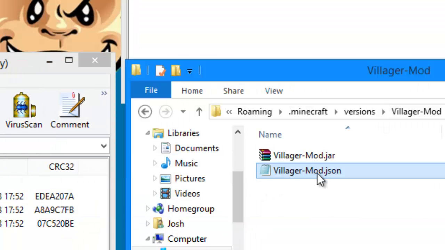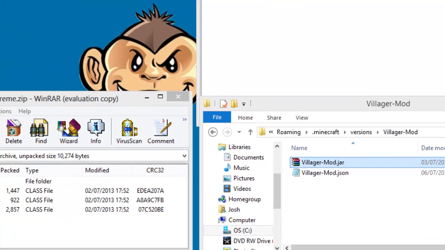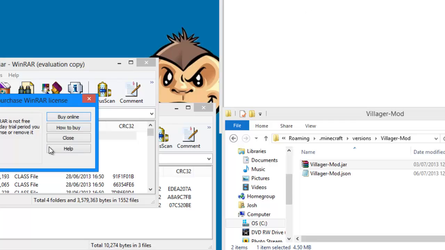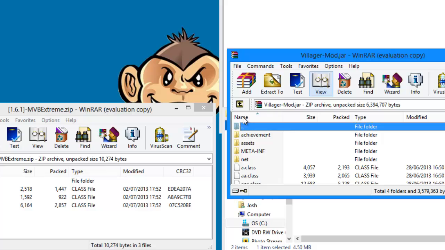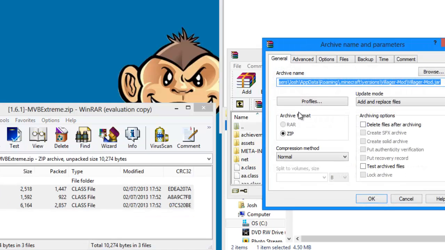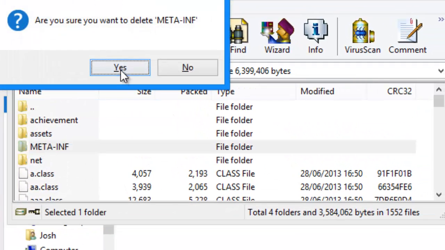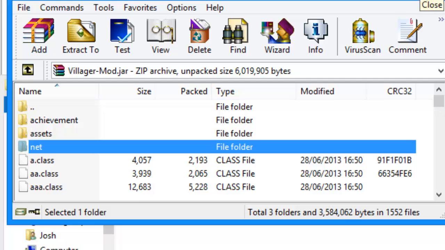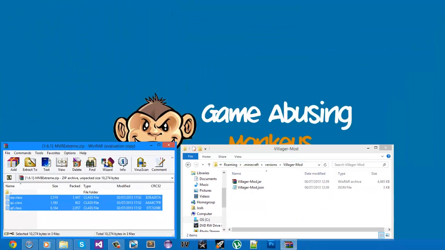Now the final thing that we need to do is actually install our mod. So just go ahead and open up the .jar within that folder that you just created, and then you're going to want to just install your mod like the old versions of Minecraft. So just go ahead and select everything, like class files and everything. Just drag it into your .jar within the folder that you created. Go ahead and copy that across, and then delete the meta-inf folder, and that's it. So the final thing that we need to do is go ahead and restart your Minecraft launcher,